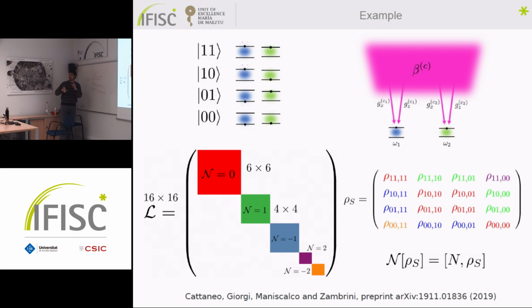That was the point. Here, the number operator is not conserved, in the sense that if you take the mean value of the number operator on rho S, here you get 1. No, you get 2, because there are 2 excitations in the up state. But if you do it for the ground state, there is 0. So there is an operator that has a different value there, but the superoperator has the same value, and this is the point.